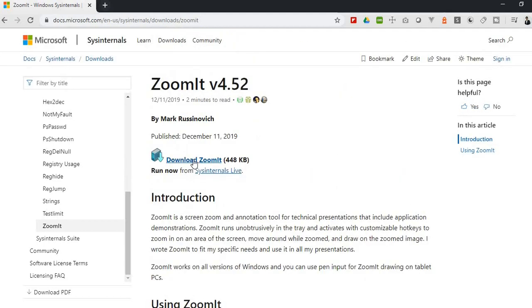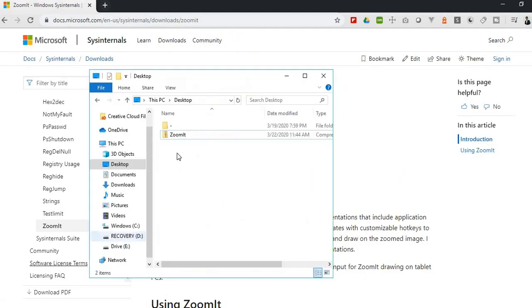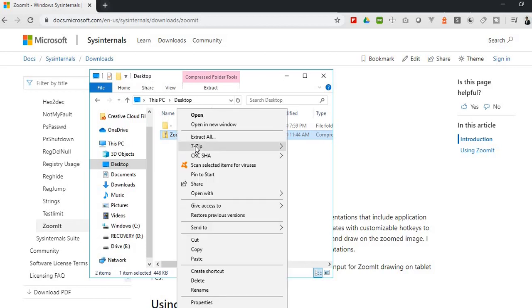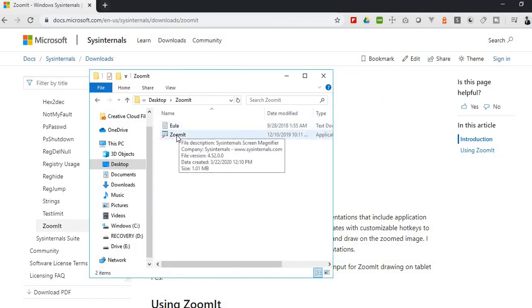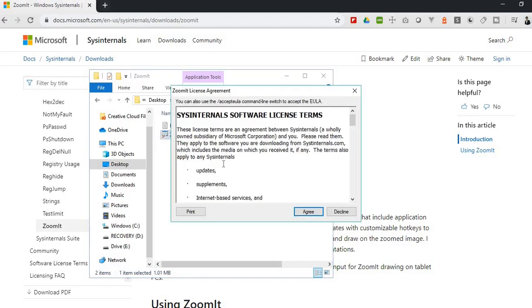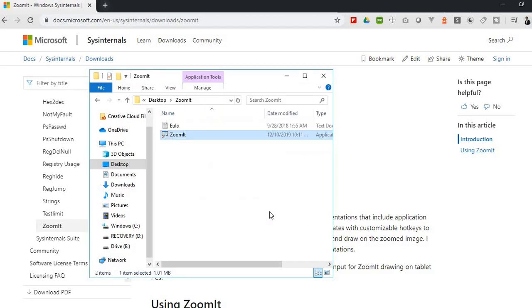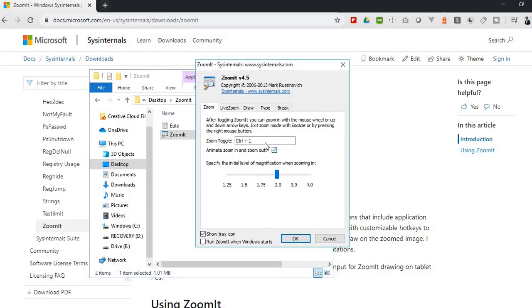You will have to go here and download ZoomIt. I have already downloaded it. I'll go and extract it. After extracting, you double click on this tool, select a shortcut to trigger the zoom, increase or decrease the zoom levels, hit OK,